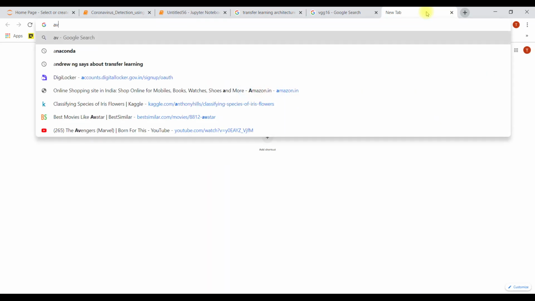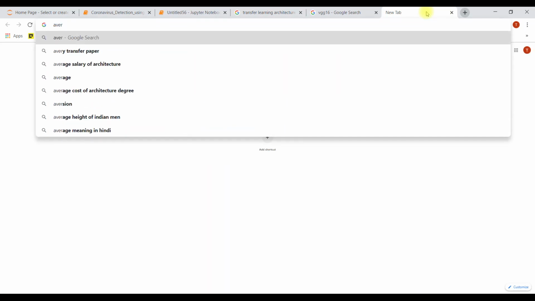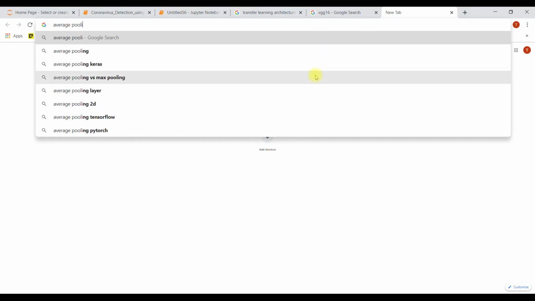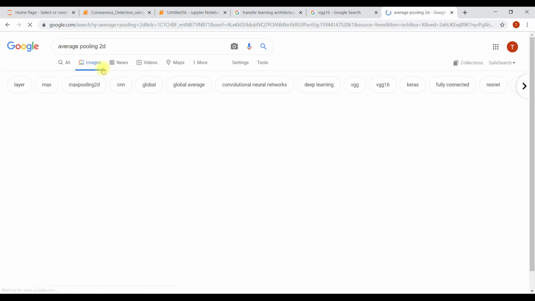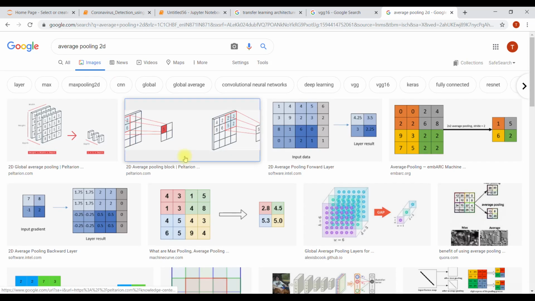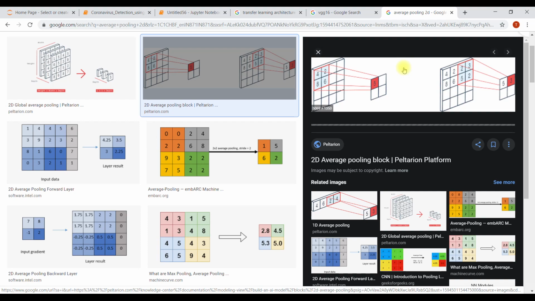Now what is average pooling 2D? There is a term called average pooling, and there is also max pooling.